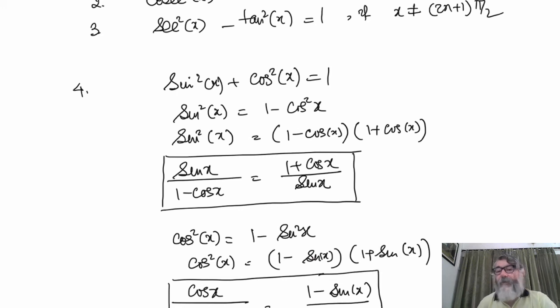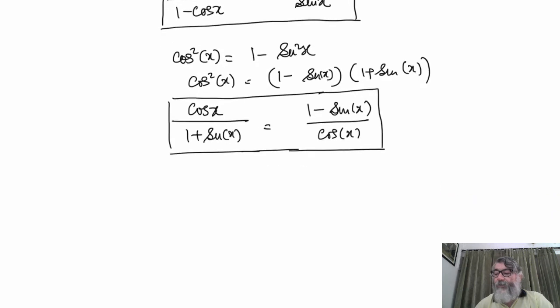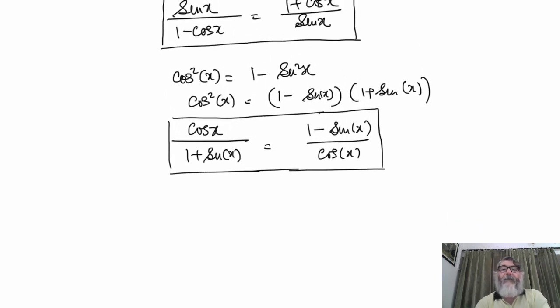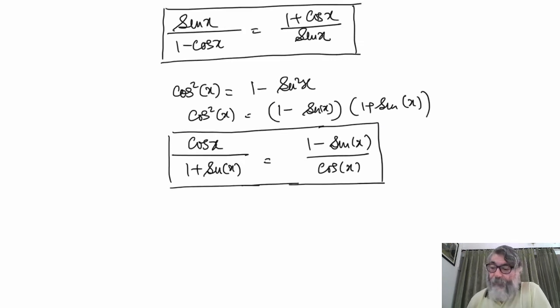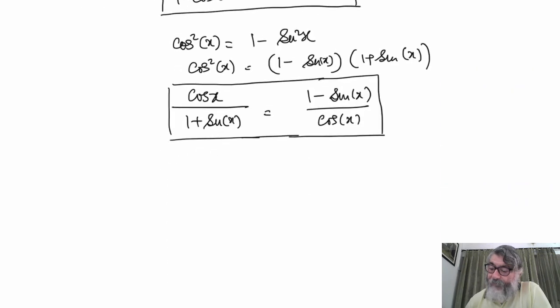Sometimes in trigonometry, they are going to ask you to prove certain things, and for proofs, we require these kinds of manipulation. We will be using these manipulations very well or not, that will depend upon how you are going to do it. Is that clear? Now let us take the next formula, 5.